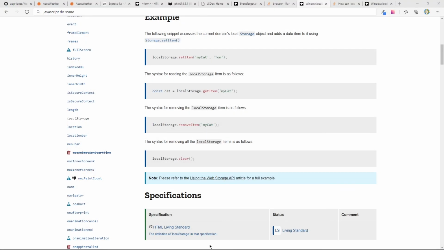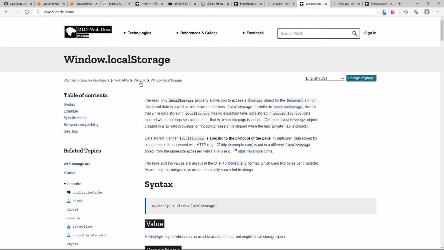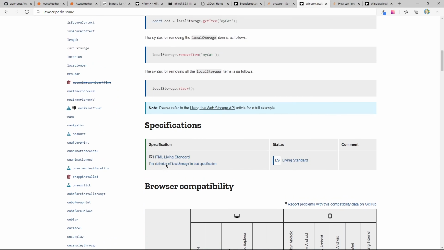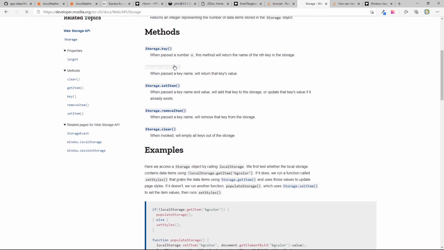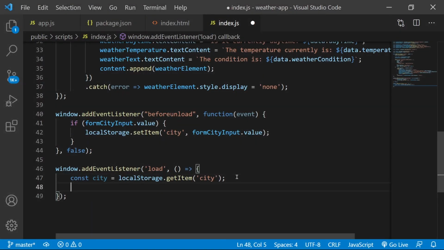Like, does it just return nothing if I don't find it? Where can we see the actual storage getItem? Null is returned. Okay.